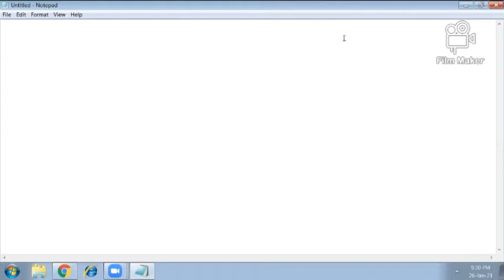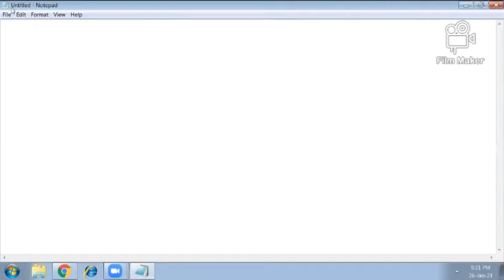Now a brief description of the window of Notepad. The topmost bar is known as the title bar. In each and every application or program, the topmost bar is known as the title bar, and at the bottom we have the taskbar.